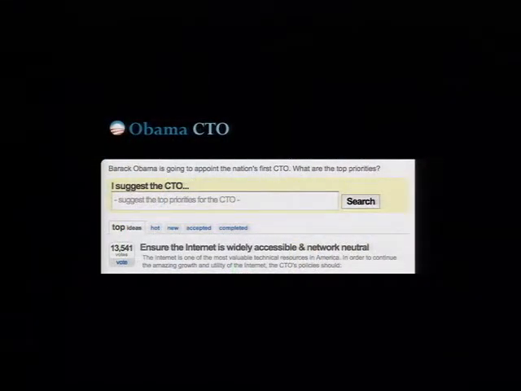I'm going to give you a couple examples of the kinds of things I'm talking about with civic software before we dive in. This is a site we did just after the election last fall, where Obama had said he wanted to appoint a chief technical officer for the country, but nobody had defined what that role was. So we put up a site really quickly. It took us about a day to launch this and let people submit, discuss, and vote on ideas for what the priorities for that position should be. You can see the top result here was about a combination of net neutrality and accessibility.